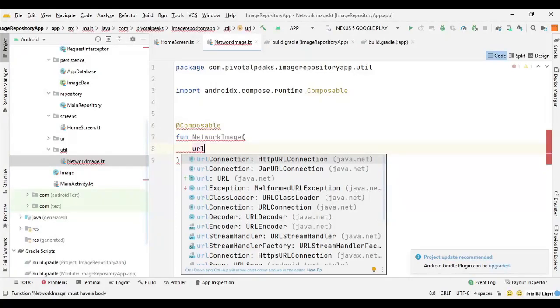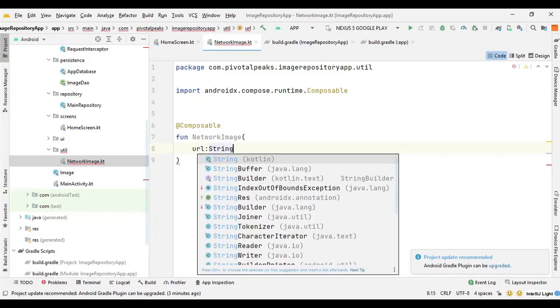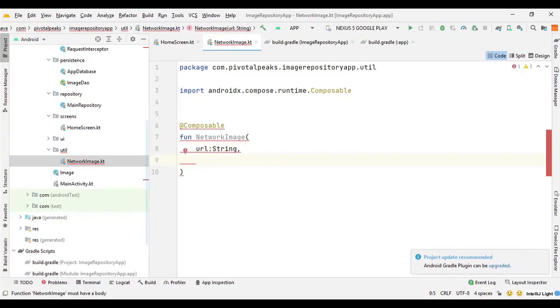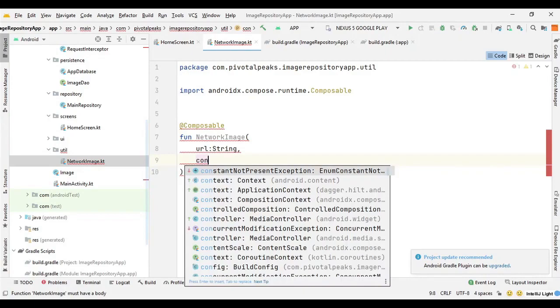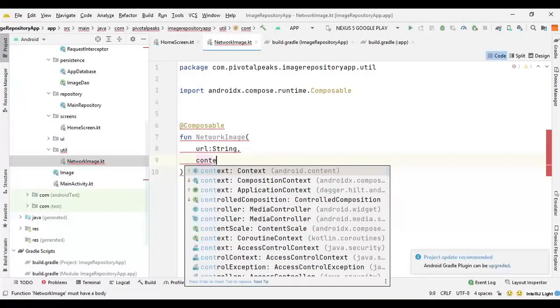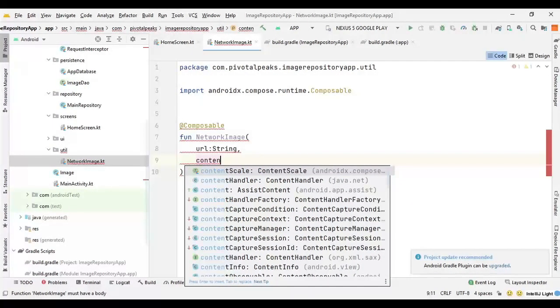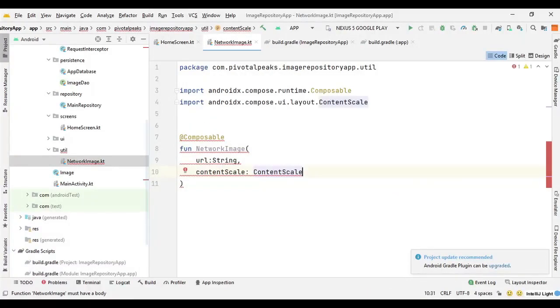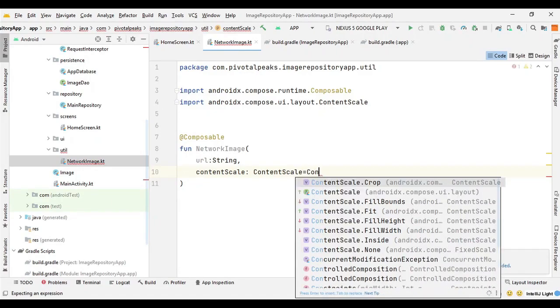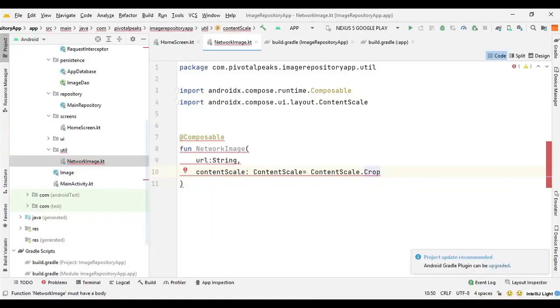So URL of type String, and then we need a content scale because we need to crop the image. So we can say ContentScale.Crop.